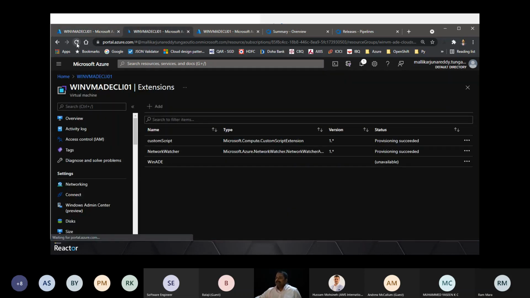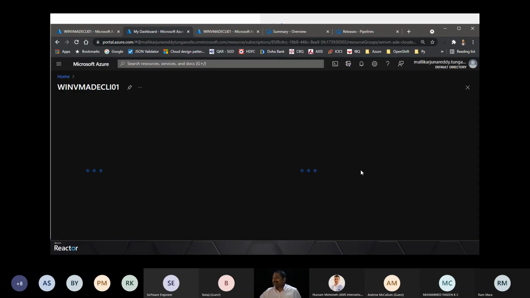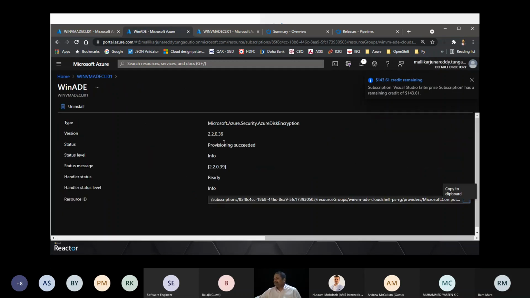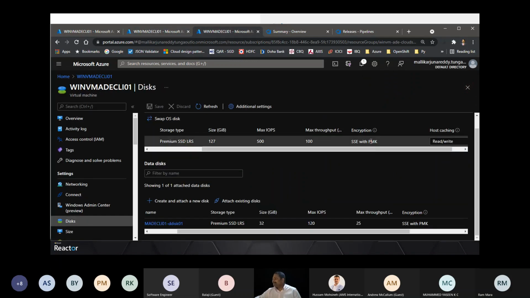Also, we'll see the extension here. You see the provisioning succeeded, completed. The extension has done its job. We need to see the CMK here.